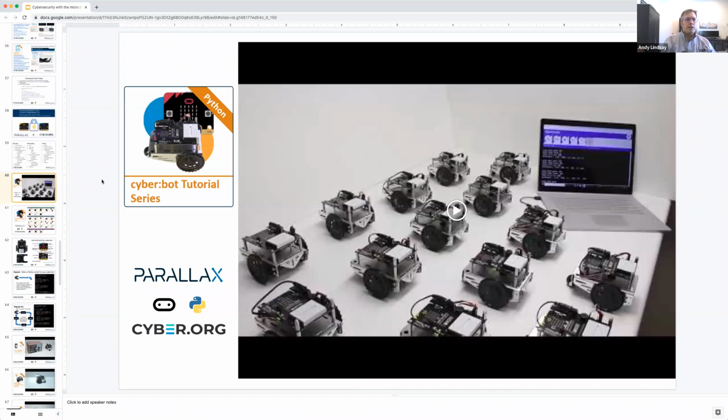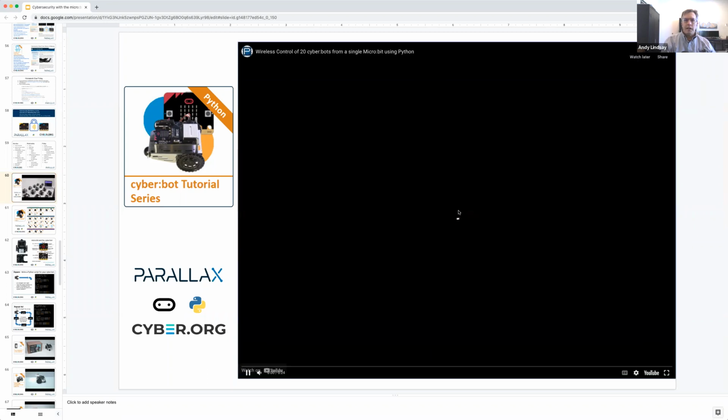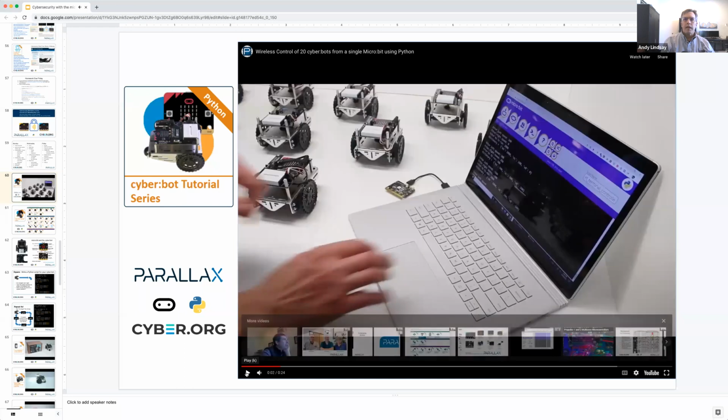This is the Cyberbot robot. Each one has a microbit inside it. And notice that there's a microbit connected to this laptop. So what's going to happen here is that Ken is going to type some commands into the keyboard. The script he's running, what it does is it takes the speed